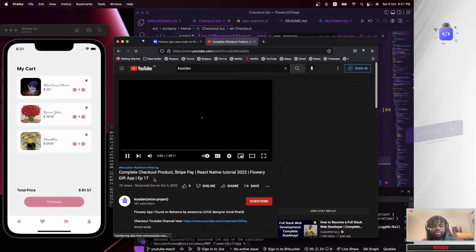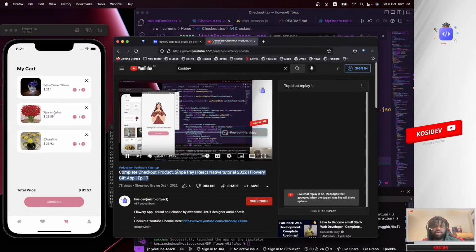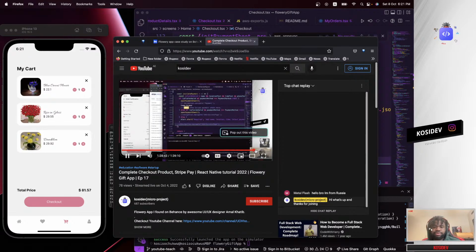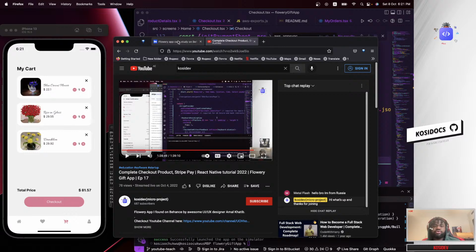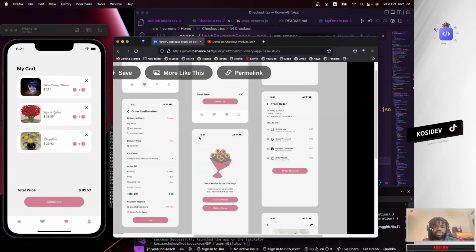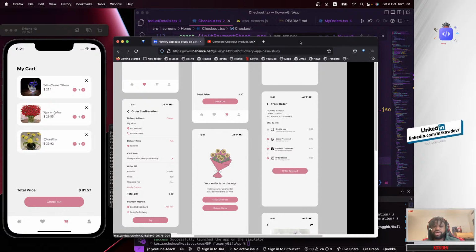I can check out the previous video, which I called Stripe payment. At this point I think we left off trying to add Stripe to the app, and you can see that showing up here. So that's what we're trying to finish up today, and hopefully we get it working before moving to any other part of the app. So let's do that.